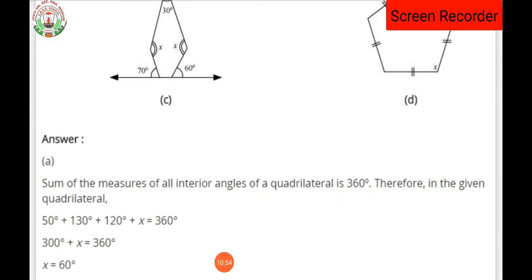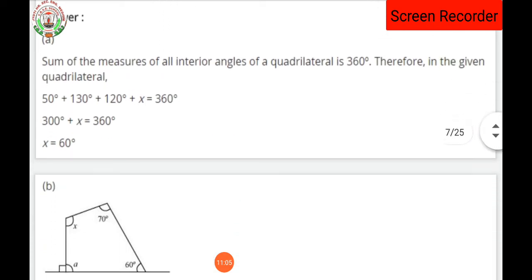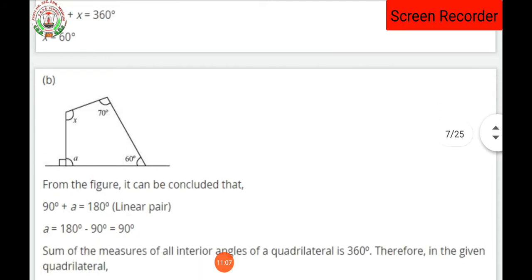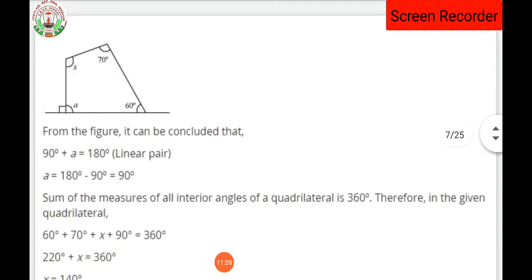Understood here? So this was the solution which I had already explained to you in the question. Now it is very easy for you to understand, isn't it? Because the question itself is very clear. The solution you can solve, isn't it? समझ आया ना? Now the B part of the question.